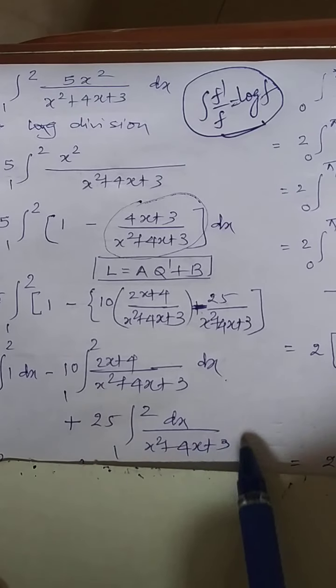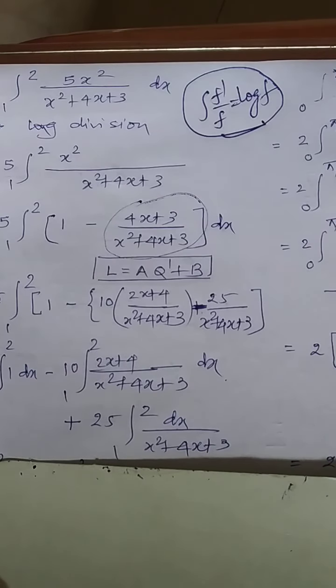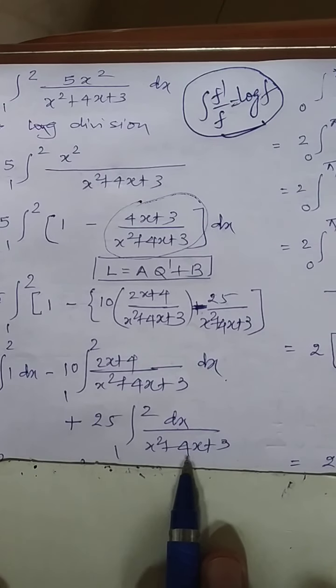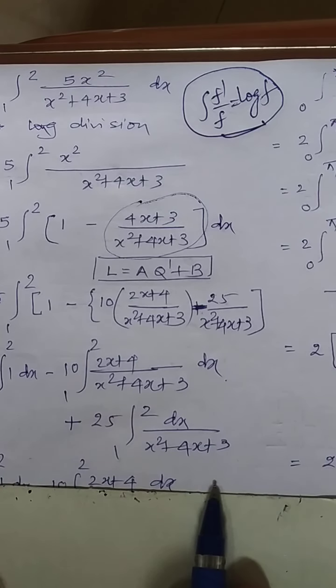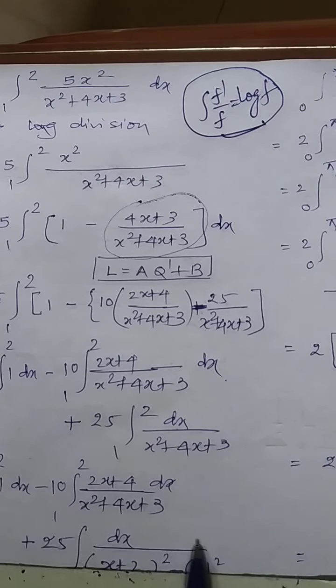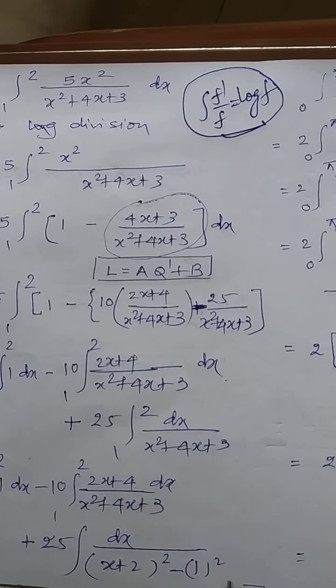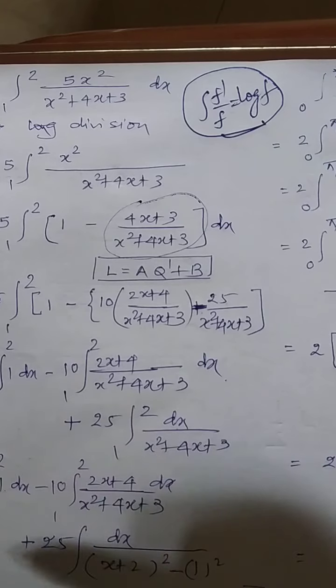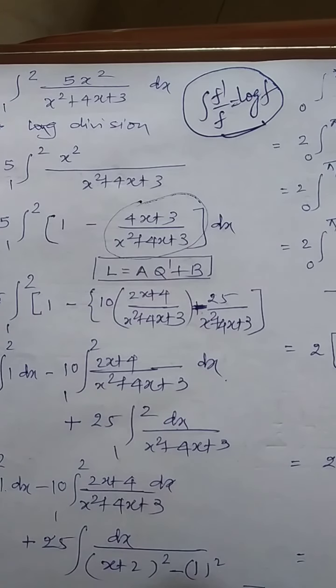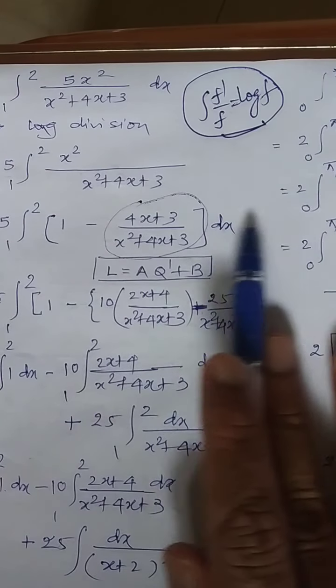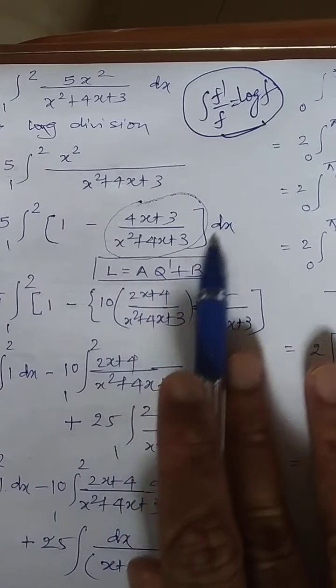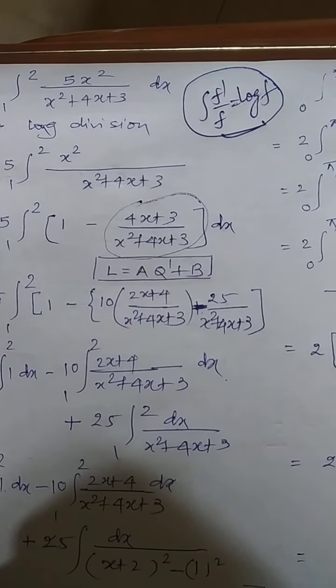And how do you work out this question? This is nothing but a completing square method. The coefficient of x is 4, half of it squared is 4, which is added and 4 is subtracted. Likewise, it will be in the form of those three formulas, x square plus a square, x square minus a square, that form. So I am just writing the first 2 as it is, and the second one, if you arrange it like that, is (x plus 2) the whole square minus 1 square. Now the integration of 1: this 5 is taken inside, 5x. Now this 5 is applicable for everyone, so this 5 is applicable for this bracket also. So just keep that 5 outside, a better way. 5.